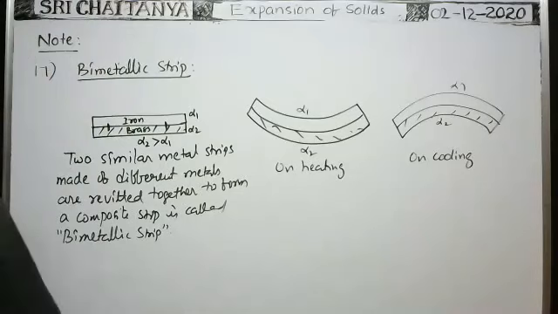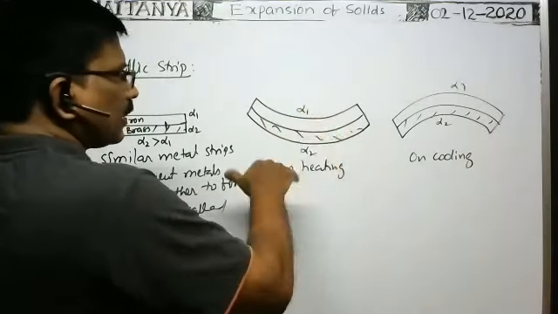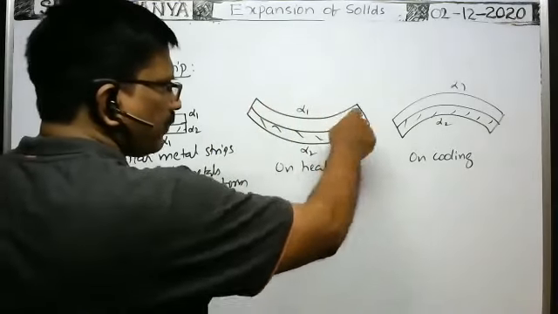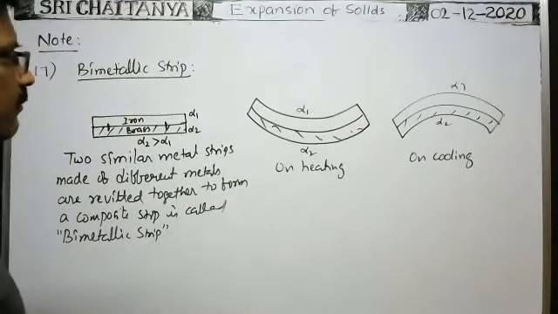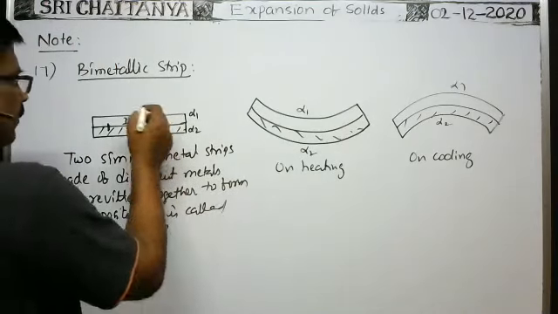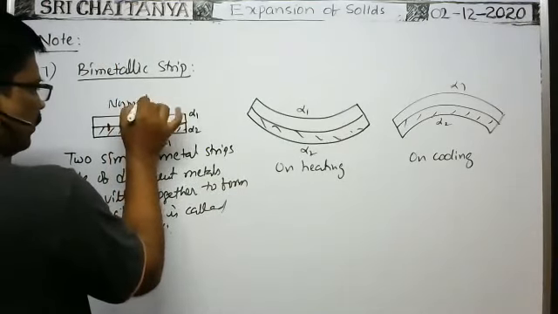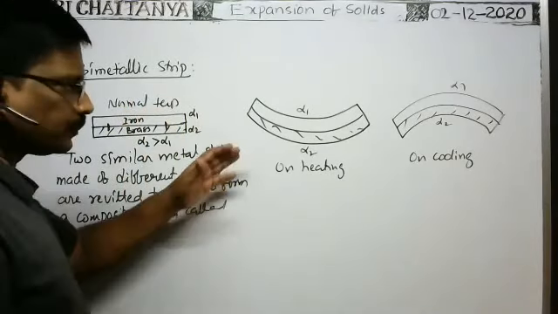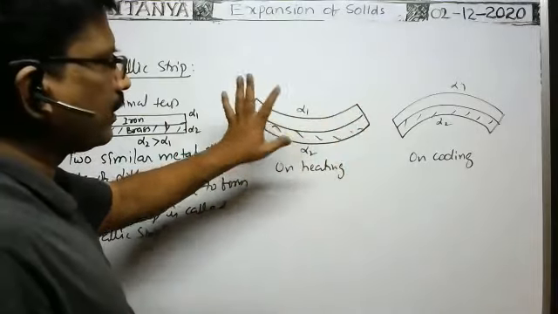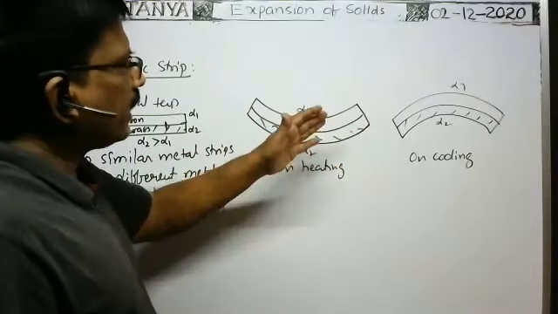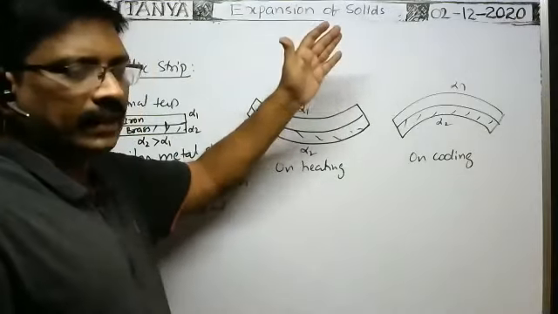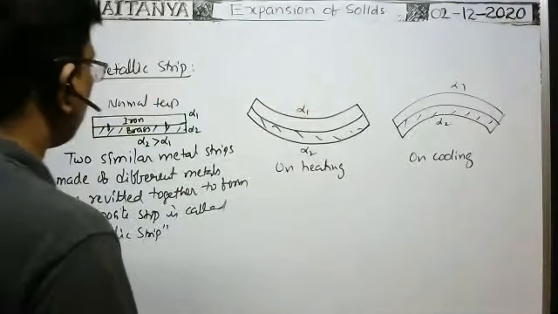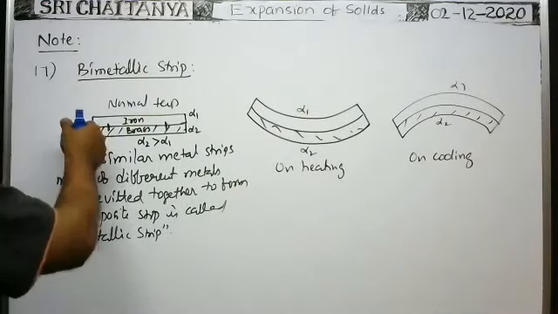Okay, right. So whenever the bimetal strip is bent like this on heating or cooling, what is the radius of curvature? Here it is bent in the form of an arc now. At normal temperature, meaning the temperature at which it is constructed, it is straight. On cooling, it bends like this, and on heating, it bends like this. In both cases, it bends in the form of an arc of a circle, so definitely it has a radius of curvature. We have to find it.